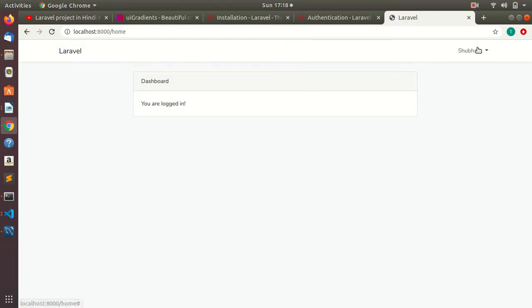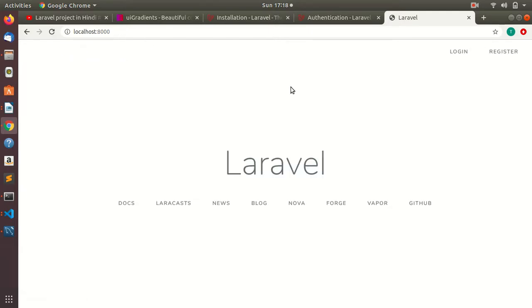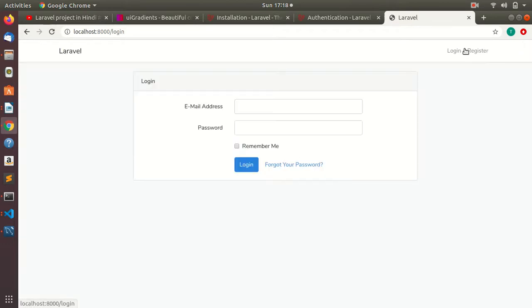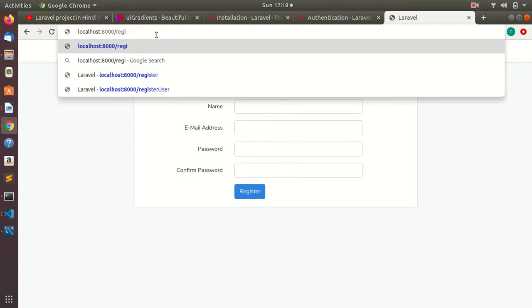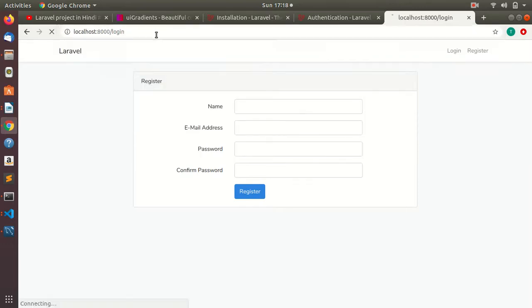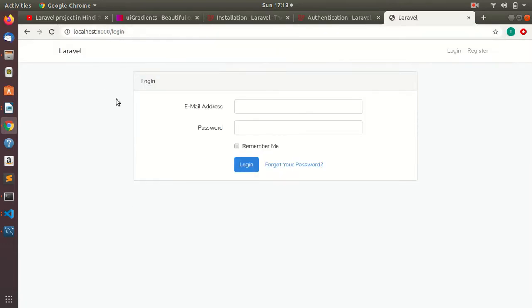But if you are logged out, then you can access the login page and register page, but you cannot access the home page, because if the user is not logged in, there is no meaning in accessing the home page. So this authentication is all provided by default by Laravel. That's why we use Laravel Auth, because if we use those commands and by using those commands we register and log in our user, we will get this authentication by default.